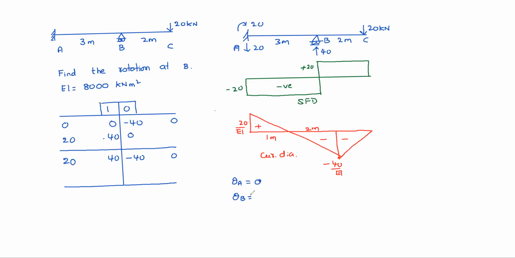Theta B minus theta A, the slope difference, equals the area of the curvature diagram. That means numerically, see here half into 1 into 20 by EI minus half into 2 into 40 by EI, which is